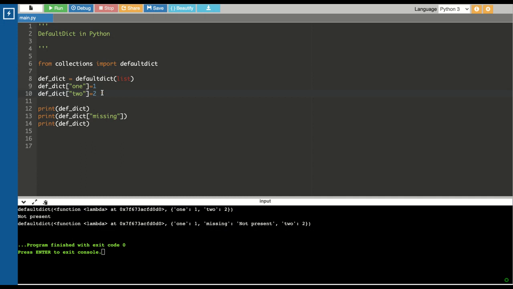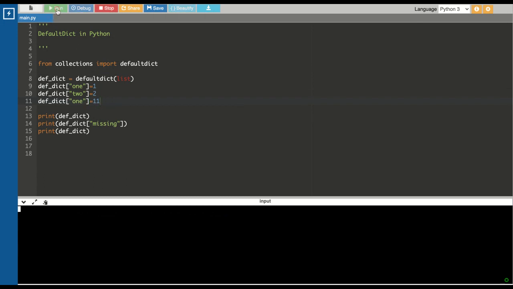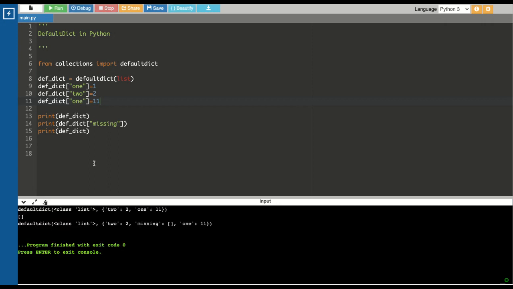Let's try to prove our first point, where we add one more value. Let's try to assign another value 1 to the key 1 and run that. Here you can see... Oh, my bad. Since each element is a list, we cannot directly assign it.